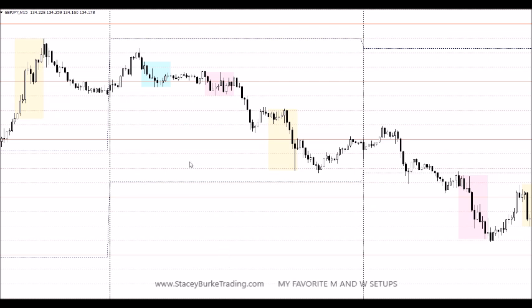This is a great example of a type 3 M pattern. This one actually happened in the London session. We have our low of the session from Asia. The market pulls back and gives us a swing high as we head into the Europe-London Open. The market hits the highs and drops down, breaking the lower boundary of the Asian session before pulling back, dropping down again at the last candle of the second hour, and then going 1, 2, sideways 3, and then an engulfment pattern and little inside bar